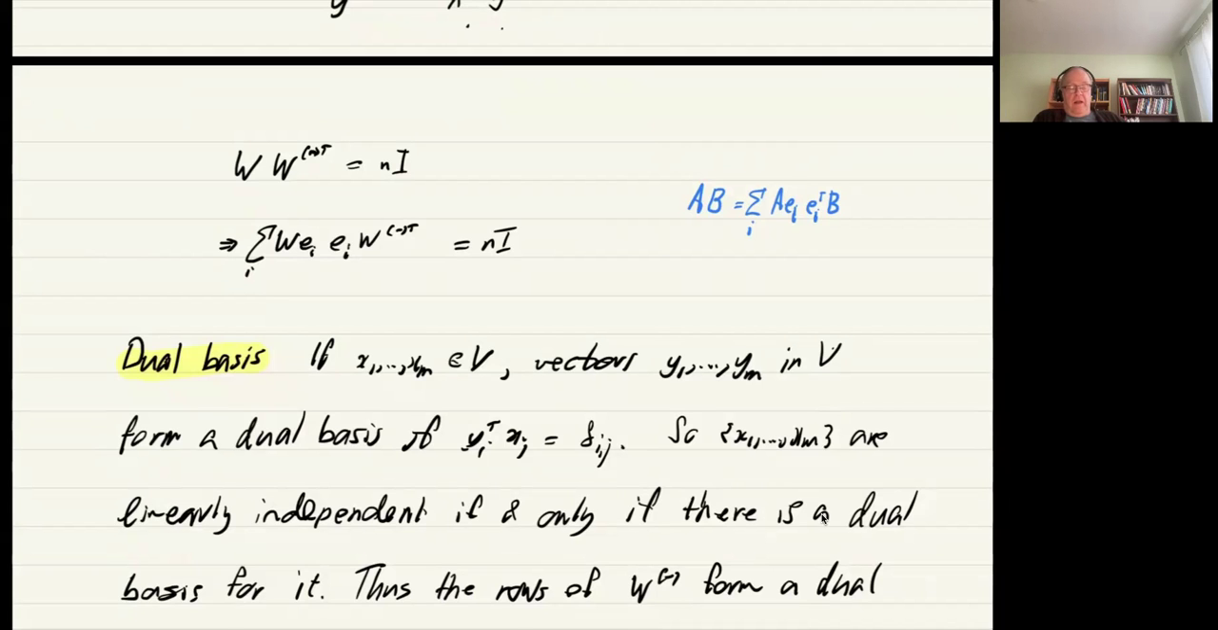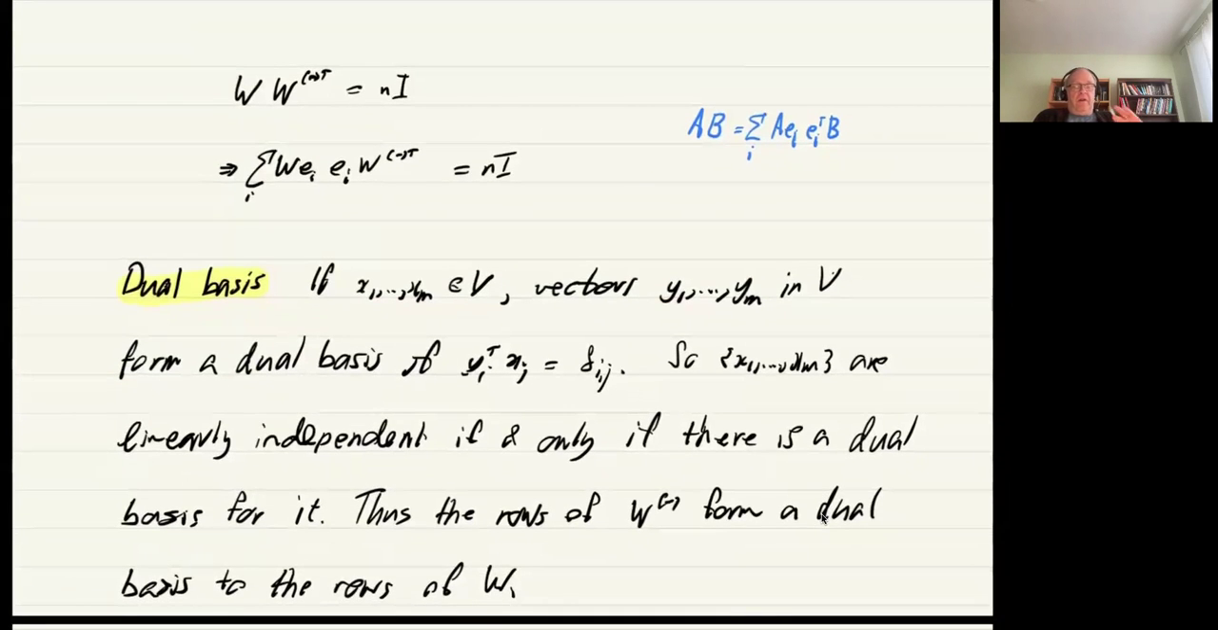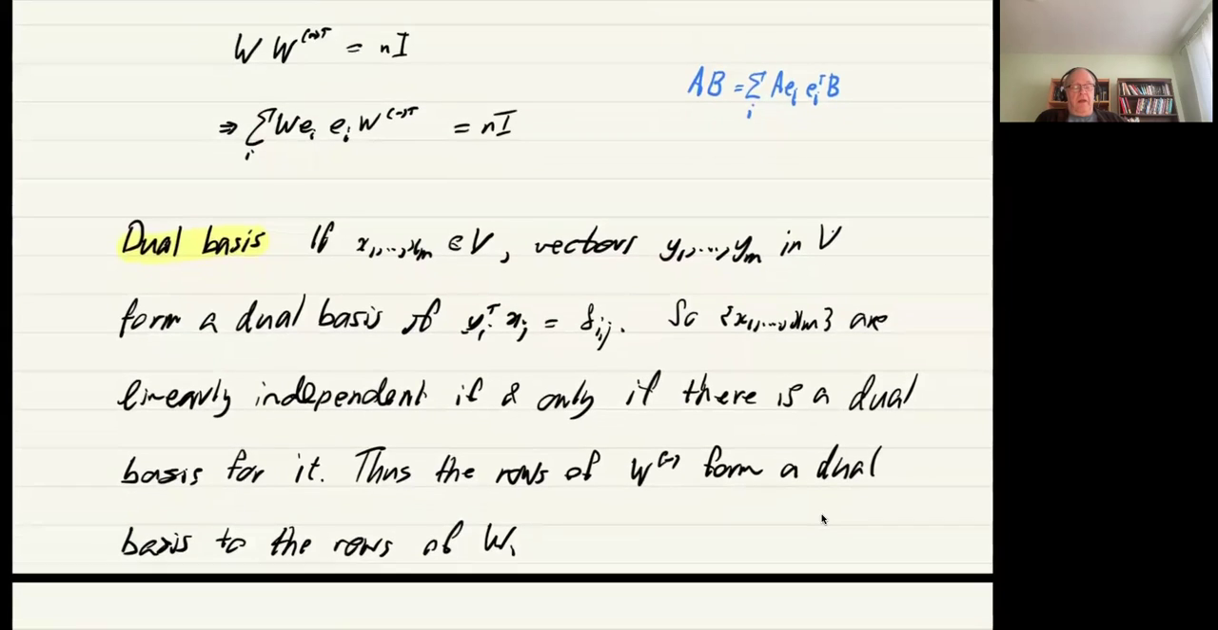Okay, so we get that. Now I want to look at this in an equivalent way using something which I originally called a dual basis. So the assumption is we're given vectors x1 through xm in a vector space, but, well, an inner product space probably, and then a second set of vectors y1 through ym. Now we say the second set of vectors form a dual basis if the products yi transpose xj equal